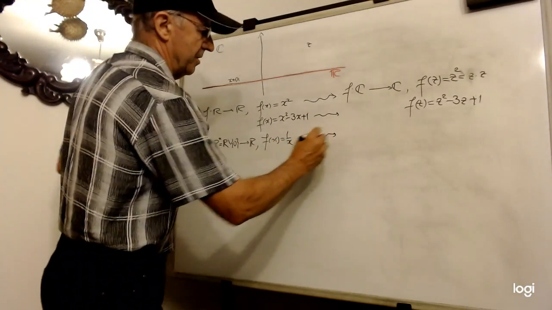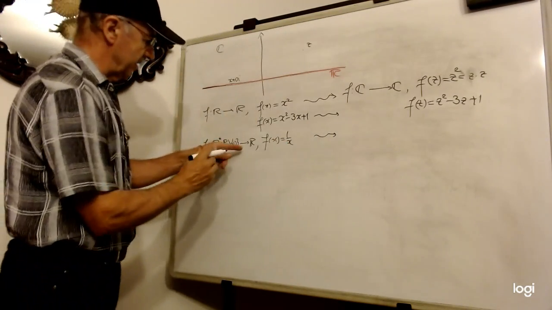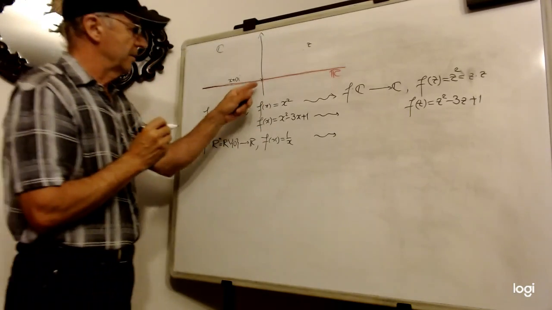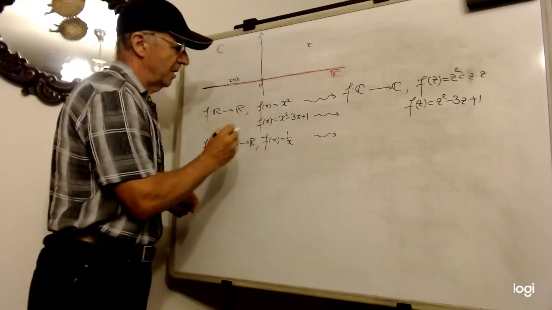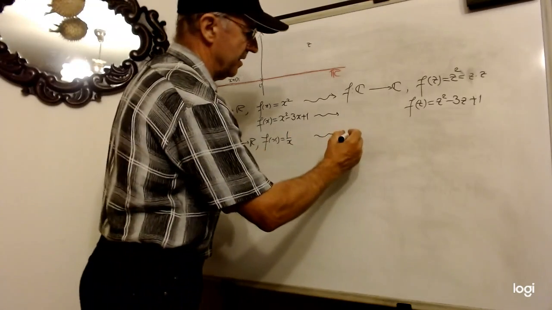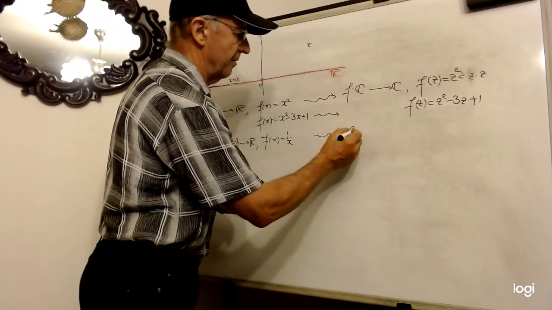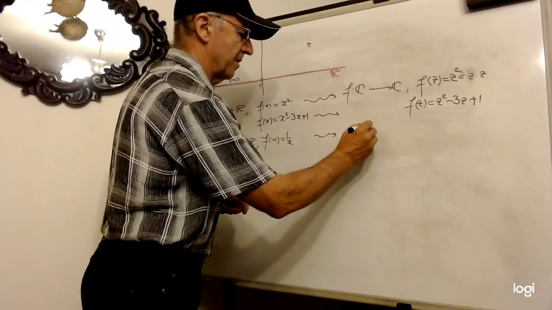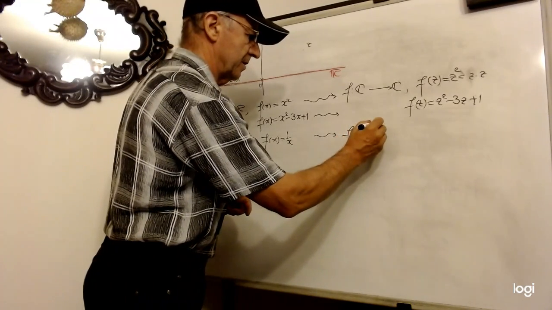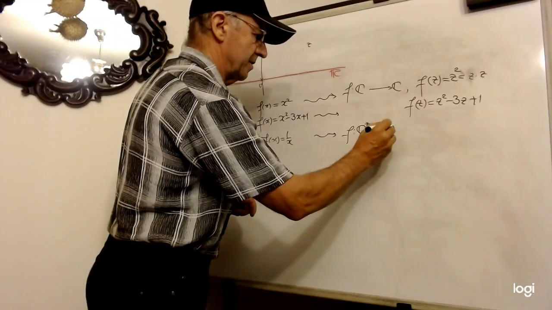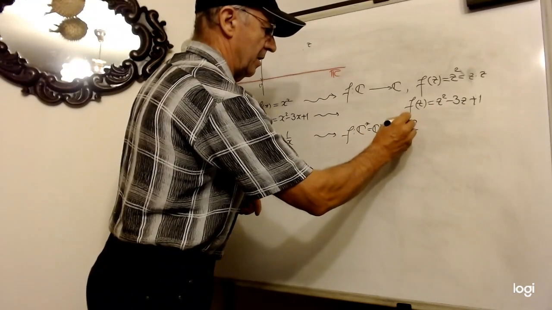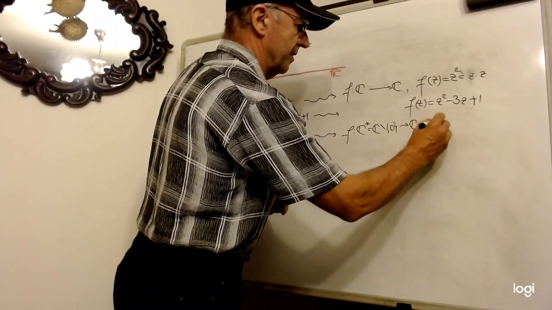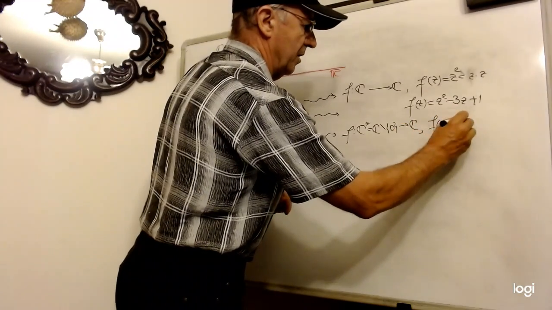The extension of this outside the real axis is not defined at this point 0. The extension is the function defined on C star. We use this notation for the set C minus 0. And the function is f of z equals 1 over z,